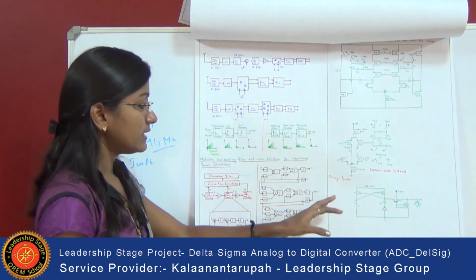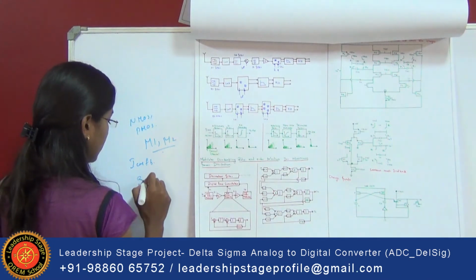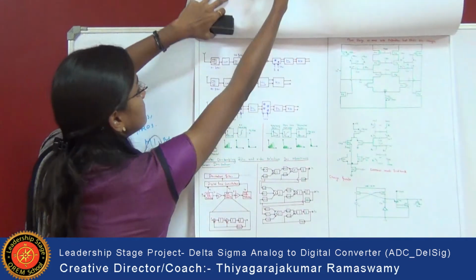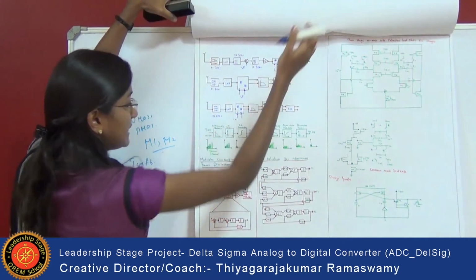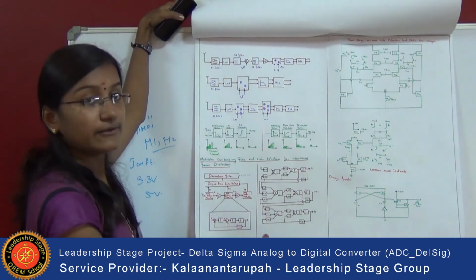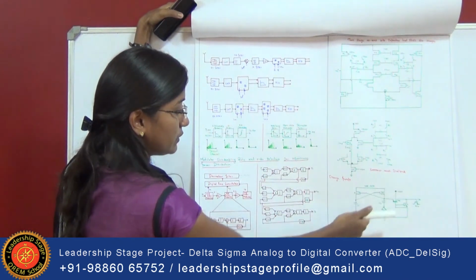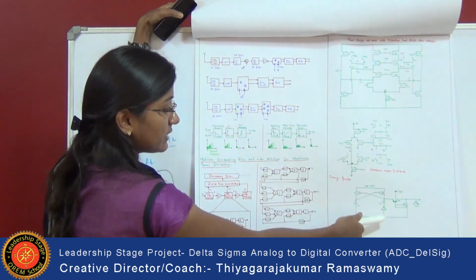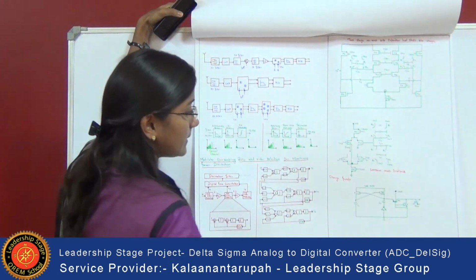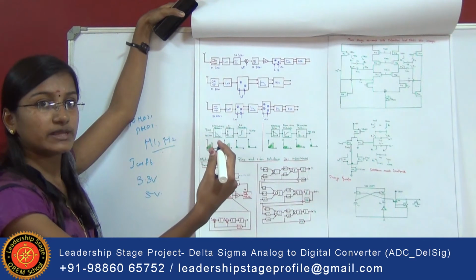A charge pump is used to increase the charge level. For example, I am going to give a voltage of about 3.3 volt. By using this charge pump, it produces an output of about 5 volt, and it is also used to drive the gate pulse over here. I have used M1 and M2 as the inputs. There are two capacitors, C1 and C2, which are used to charge and discharge with the clock cycle. By using this charge pump, we can produce a voltage of up to 3.3 volt.